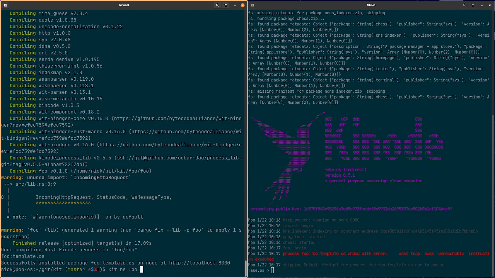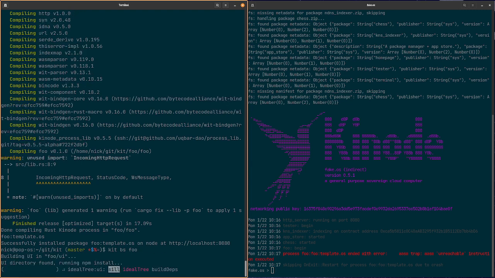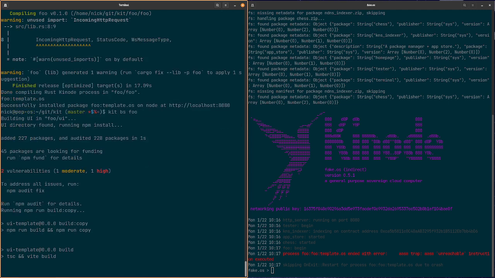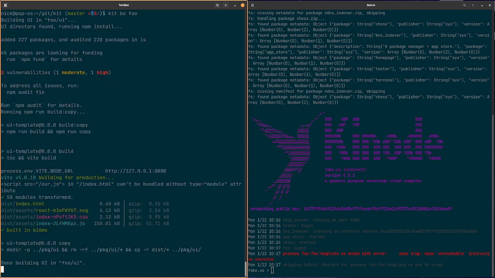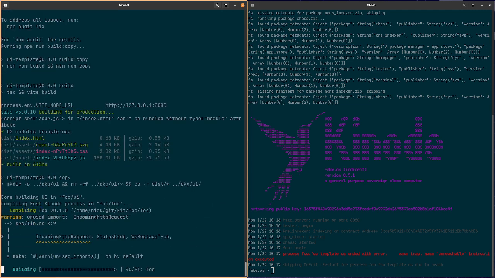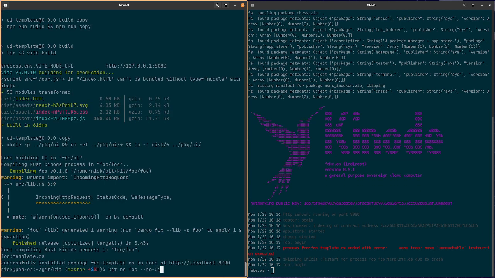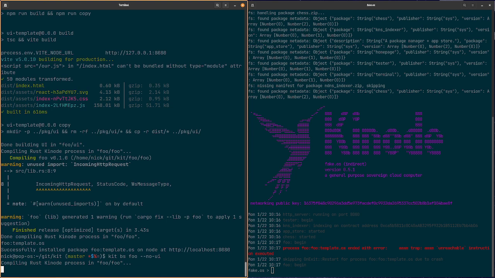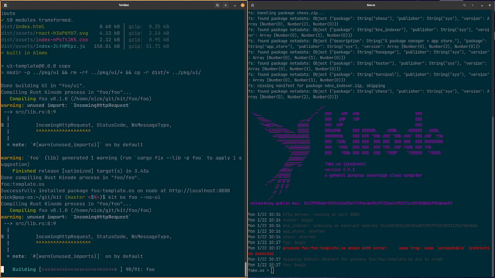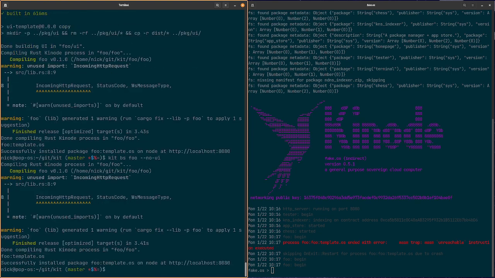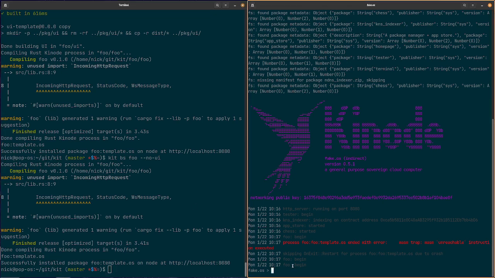So if we do the full build, it will work properly, and then do no UI, imagining that we had made a change to an existing UI, but now you're making changes in the backend that have no real effect on the UI, so you don't want to build the UI. Okay, great. Yeah, it works.